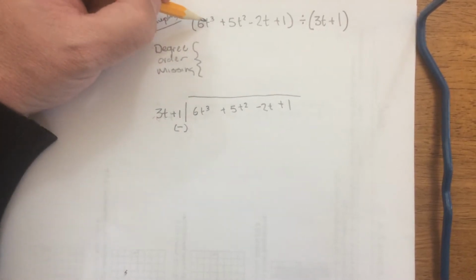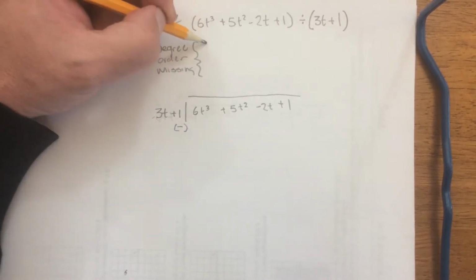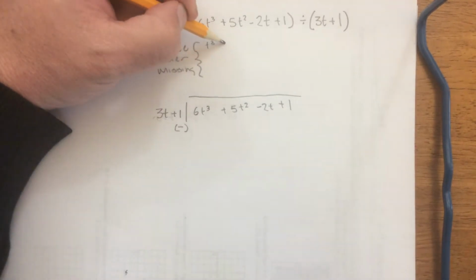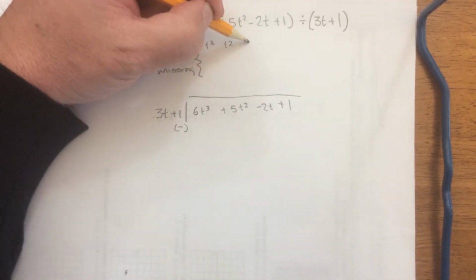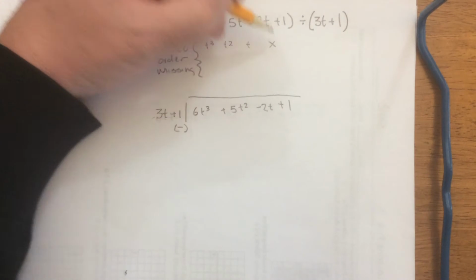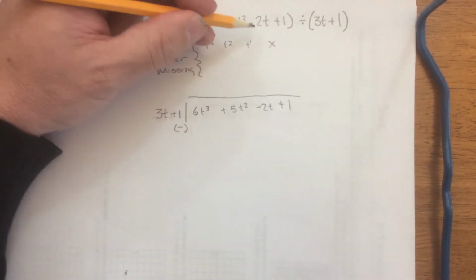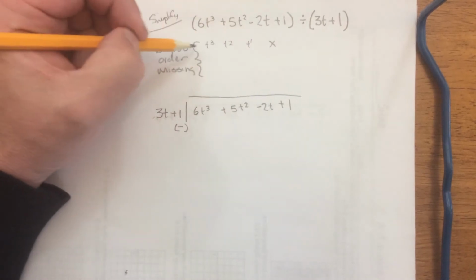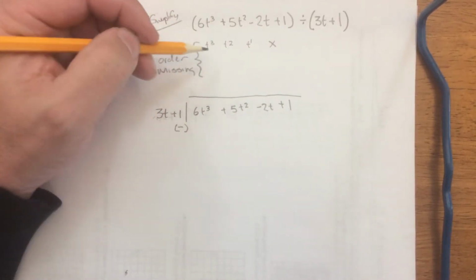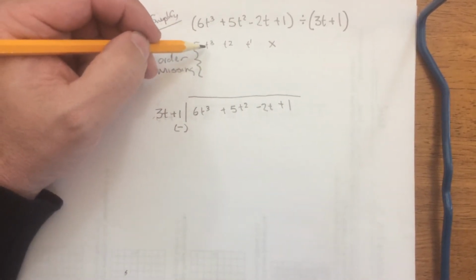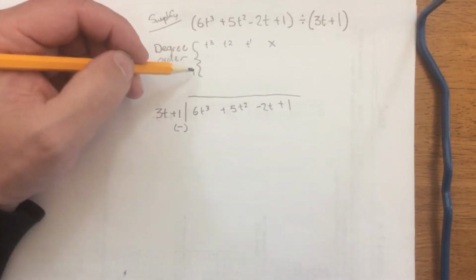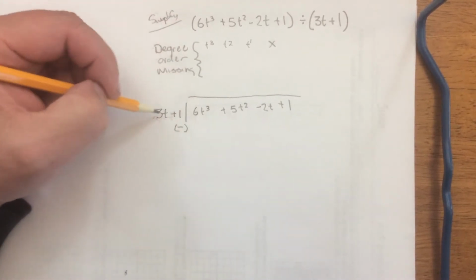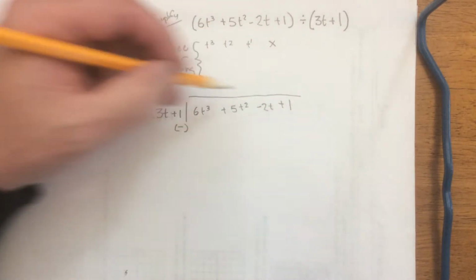missing. So you'll be thinking something like this. I got t cubed, t squared, t to the first, and none. 3, 2, 1, and none. I don't see any of the degrees missing or the variables missing, and we'll have a problem with that a little bit later. Now, once we got that, you can remember that the algorithm for long division from elementary school